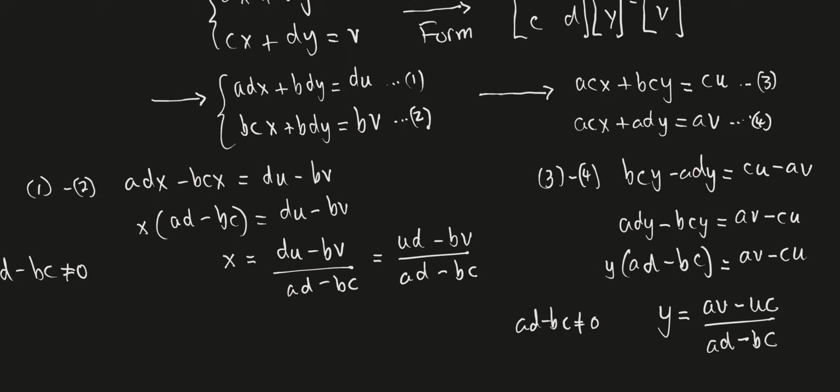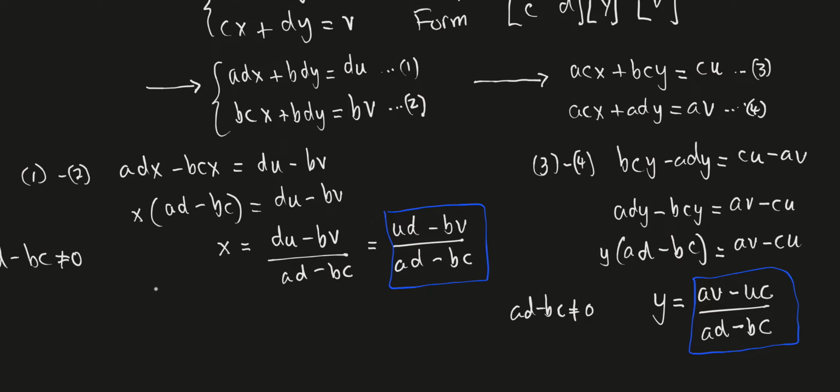So essentially what we've done is we've come up with these two formulas for the solution of any 2x2 system. And as long as AD minus BC is not equal to 0, then we will get a unique solution. In fact, that's what we essentially proved earlier using determinants, right? And speaking of determinants,